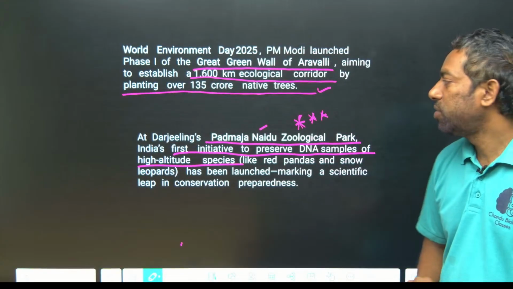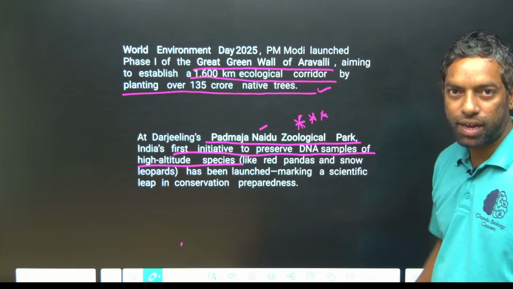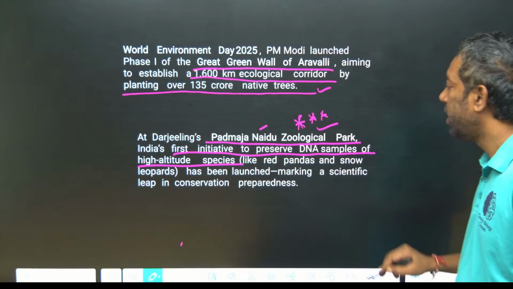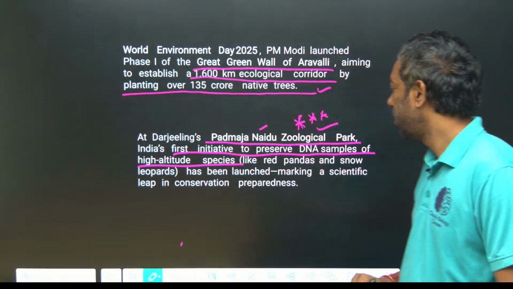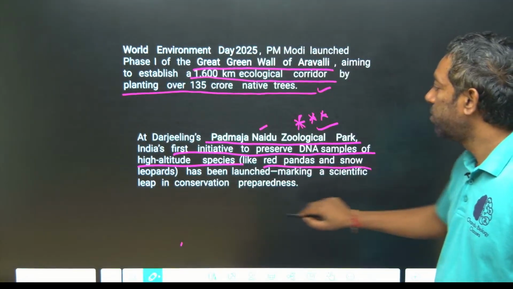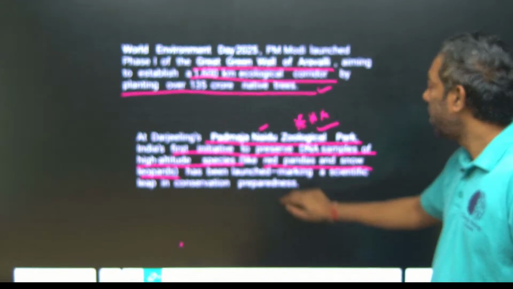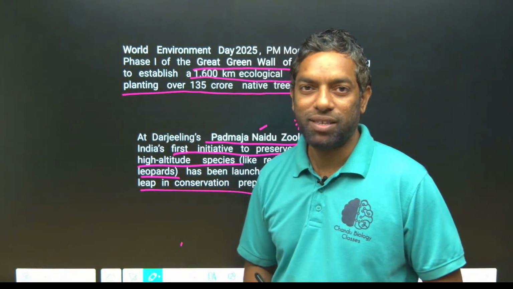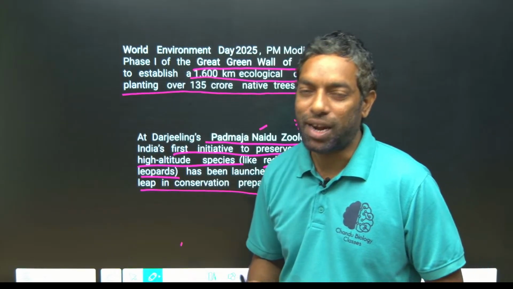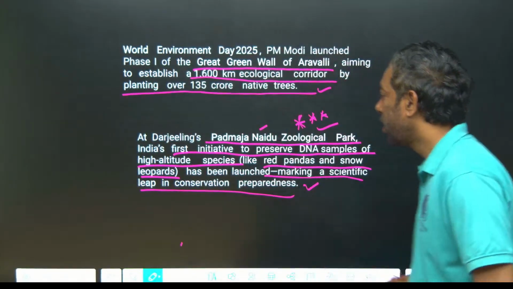They preserve the DNA samples of high altitude species, mostly red pandas and snow leopards, launched to mark a scientific leap in conservation preparedness. If they preserve their DNA for the future, we can duplicate the babies. That is snow leopards and red pandas.